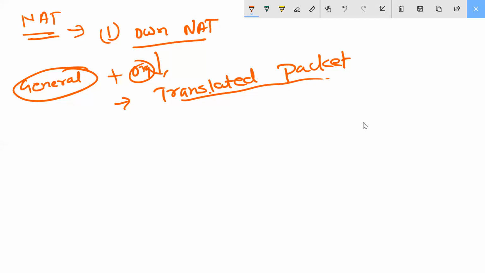Dynamic IP and port. So you can use dynamic IP here. Click that and use dynamic IP. Then you should give the outside address from a pool.